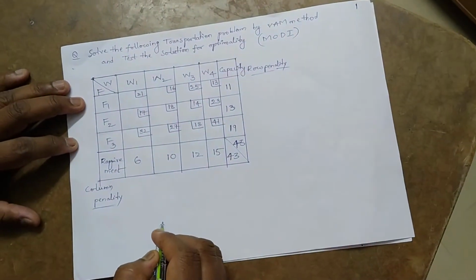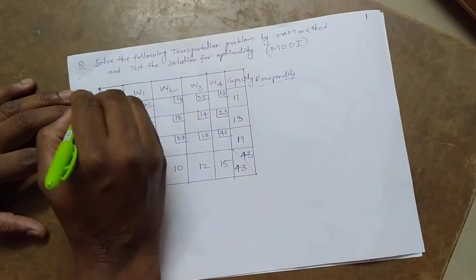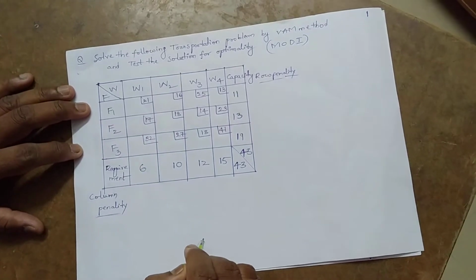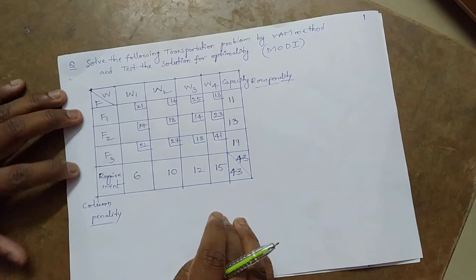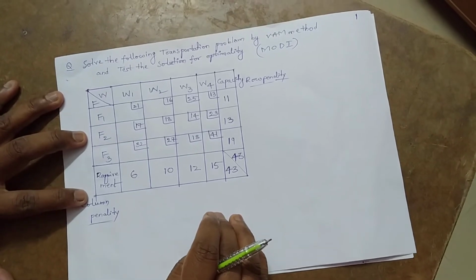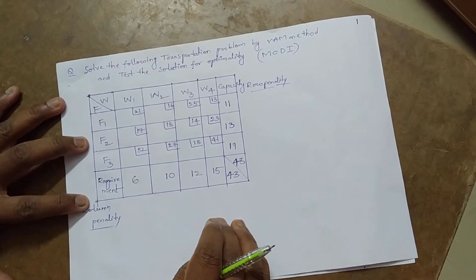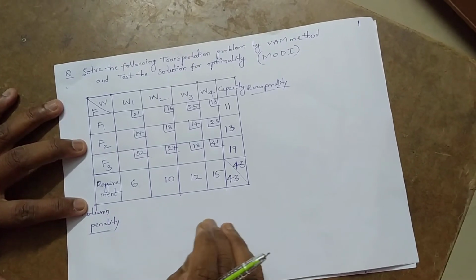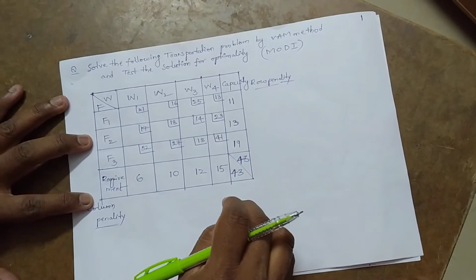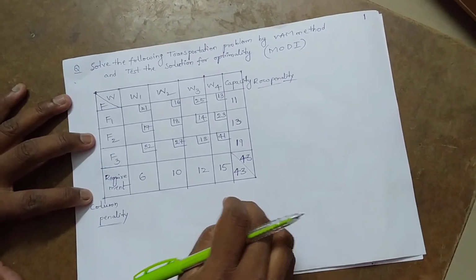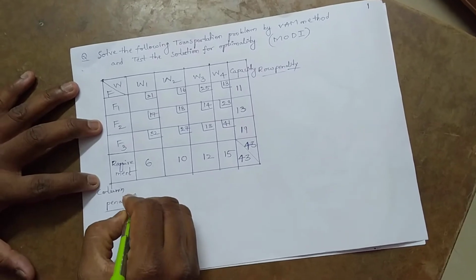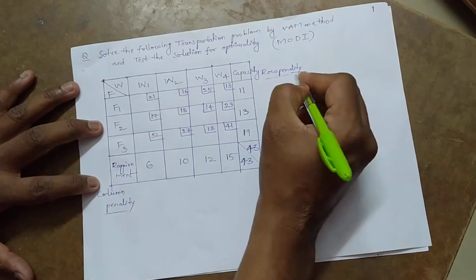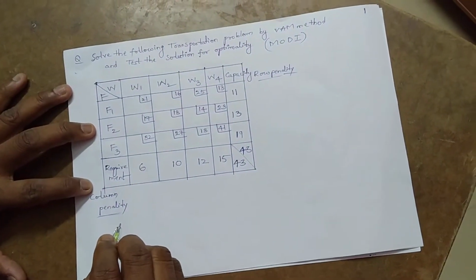Now the transportation problem that is given here, exactly the problem will be given like this. For this transportation problem, the initial basic feasible solution is obtained by using VAM method. Let us see the VAM method first, Vogel's approximation method. Now the transportation cost associated with each and every cell is indicated. In order to apply this VAM method, we can calculate the column penalties and row penalties. So what is the column penalty and row penalty?